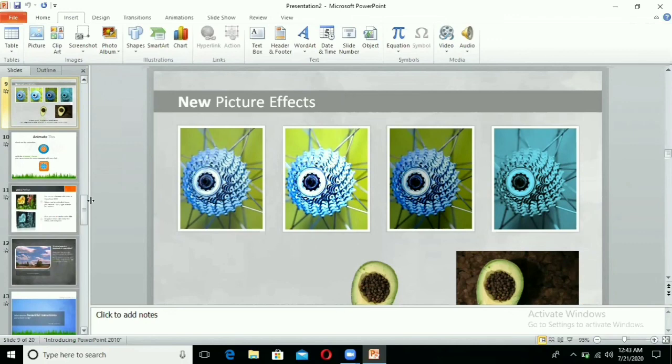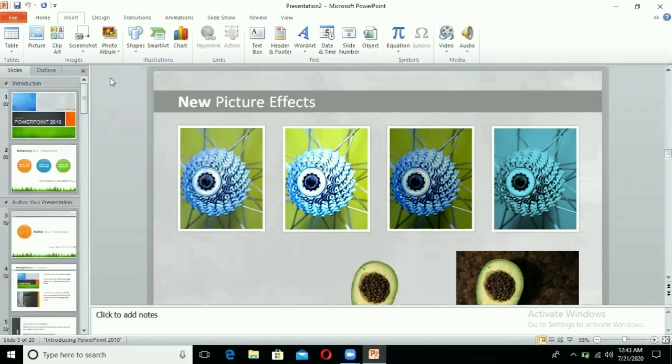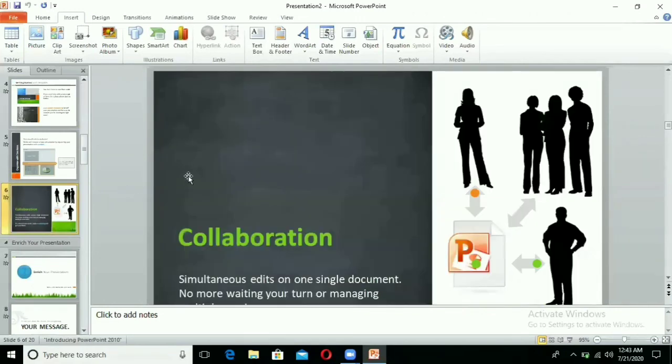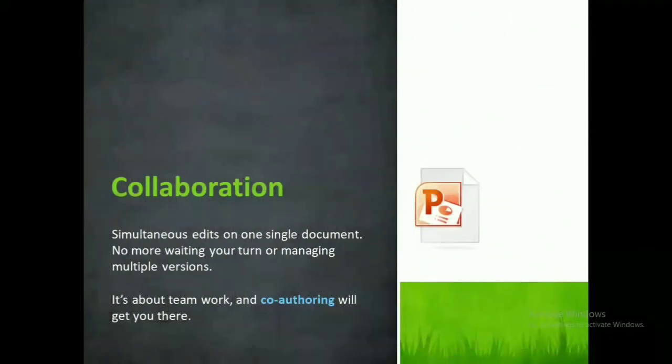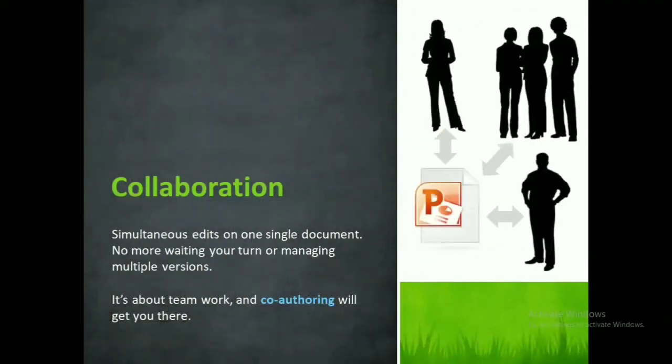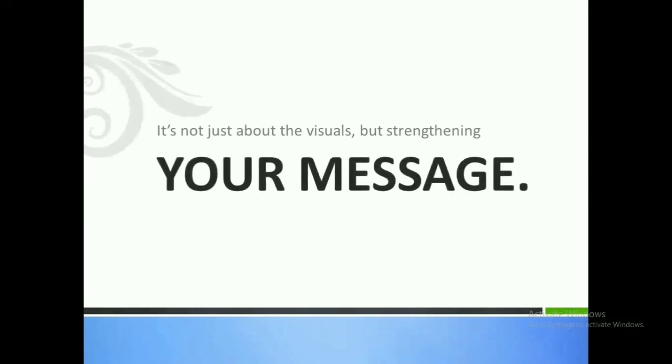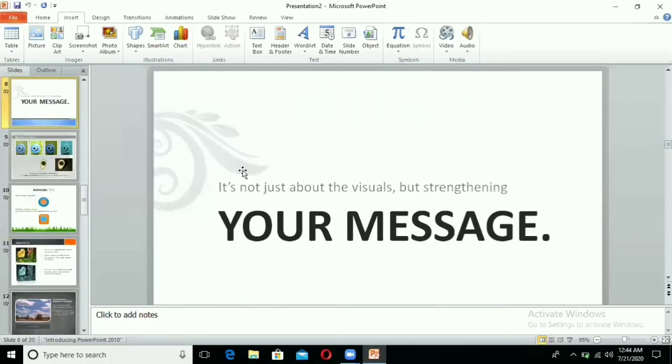Clear? When we press F5, the slideshow will start from the first slide. For example, if I want to start from this sixth slide, that is our current slide, what you will do is just press Shift F5. In place of F5, you will use Shift F5. Then it will start from the current slide. Clear? And same as before, you press the enter key, and if you want to go back to your screen, press the escape key.